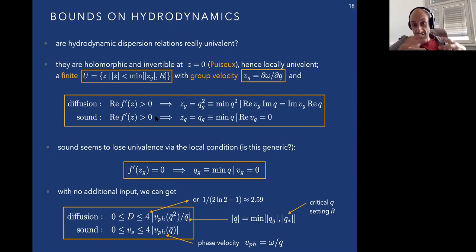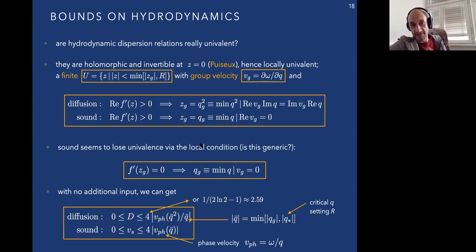Now, what actually happens, thankfully, in these examples that I will look at, is that they are univalent, at least for diffusion, just everywhere on the disk where they are actually convergent. So this condition where I would lose univalence happens somewhere outside of the disk, so I don't have to worry about this, okay? So this happens for diffusion, and for sound,